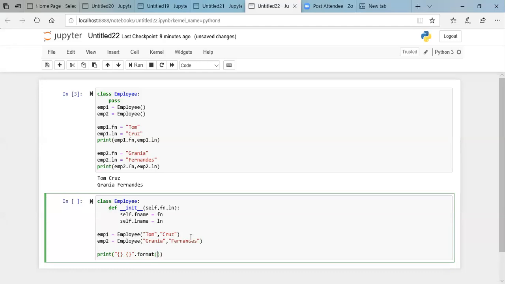Now the format is emp1 dot fname, and then comma emp1 dot lname.